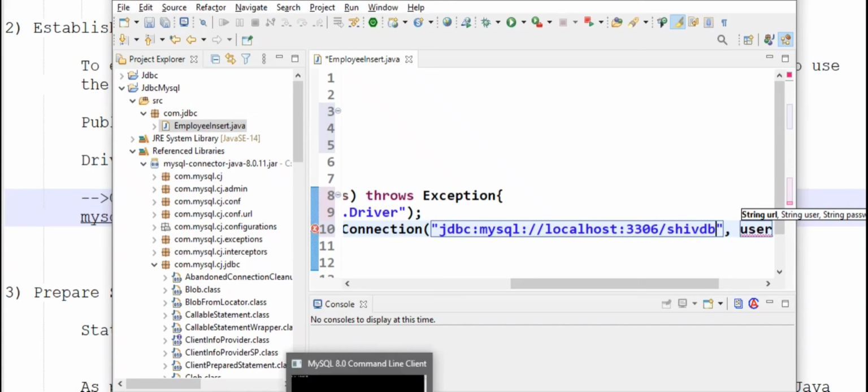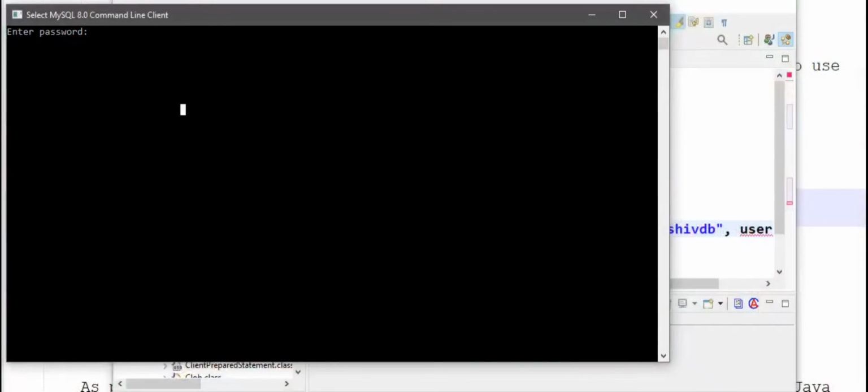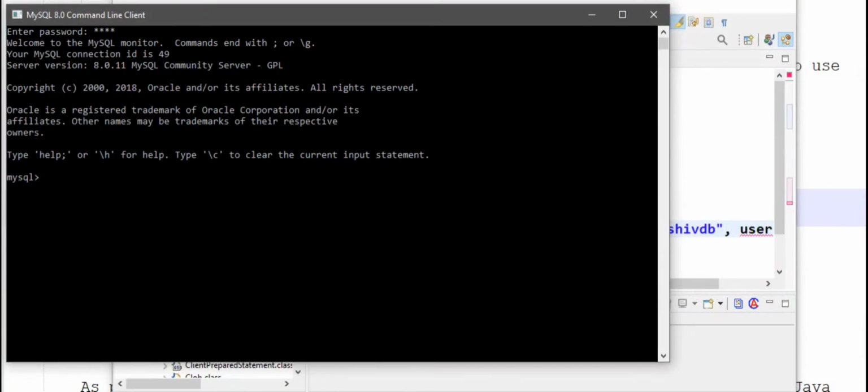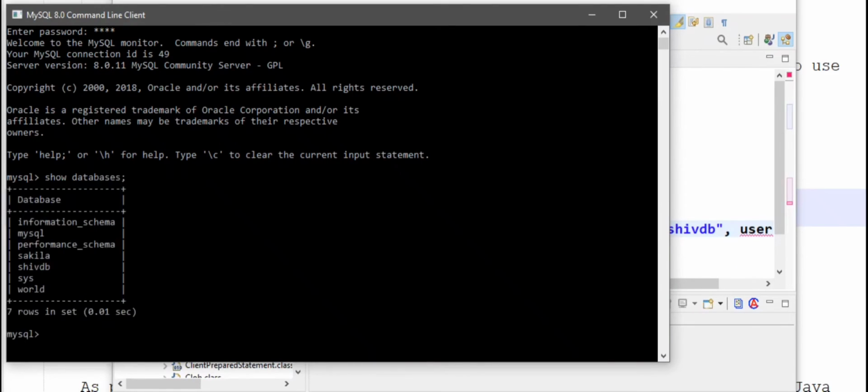Let me show you. I have a password. Here, look, I have MySQL 8.0.11. Show databases. Here, ShivDB. Let us use this ShivDB.